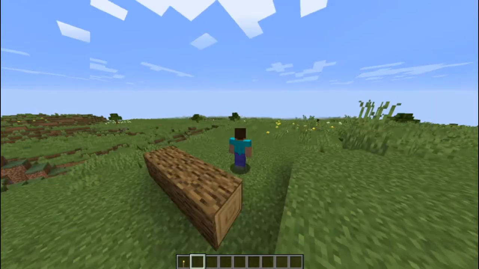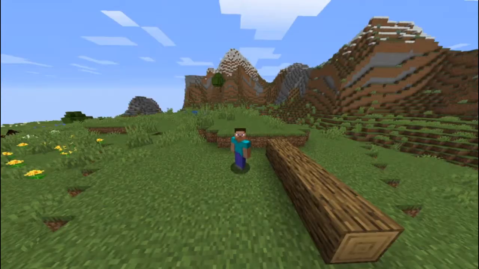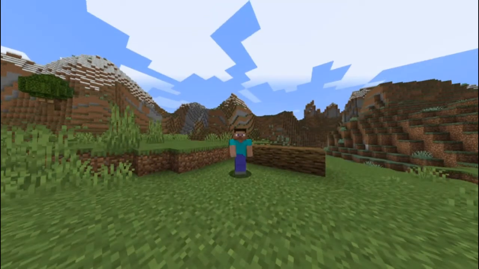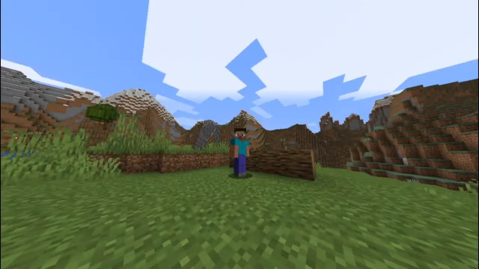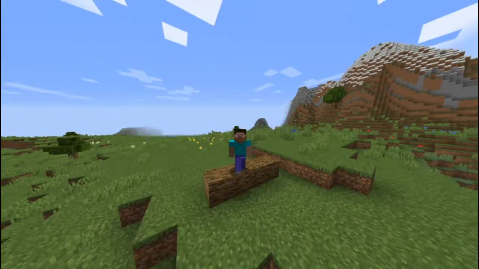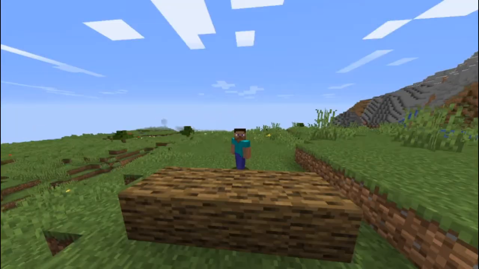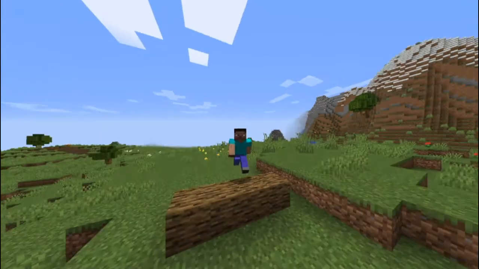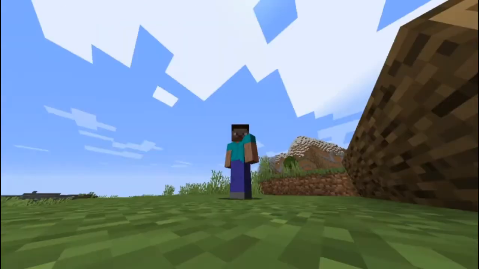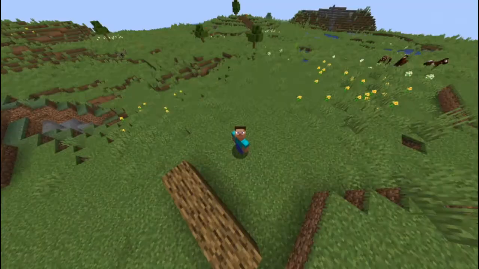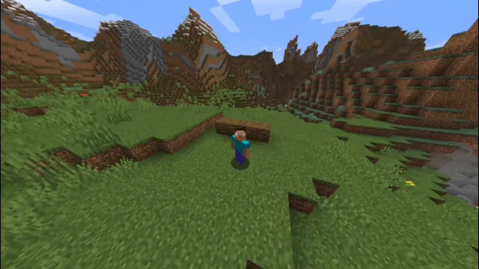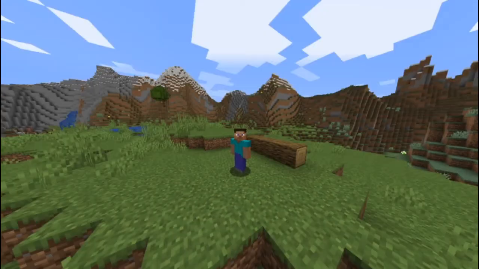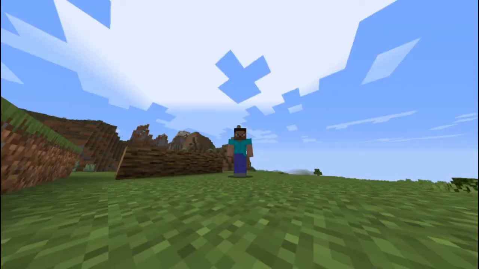Yeah guys, so remember, the main thing about using Optifine is to boost your FPS. If your FPS is really low, like mine right now, you should use Optifine to make your gameplay much better. So I really like using Optifine. It's like my normal Minecraft. Every day when I play Minecraft, I use Optifine.